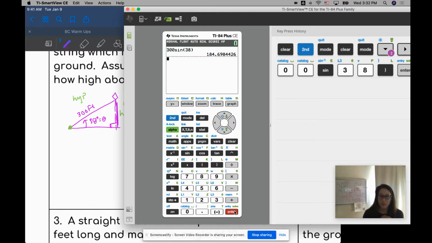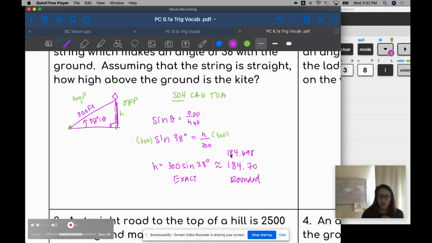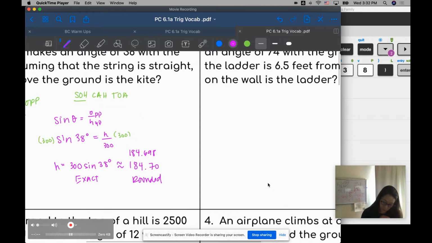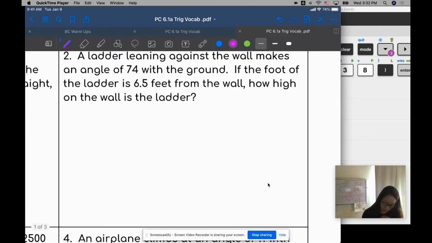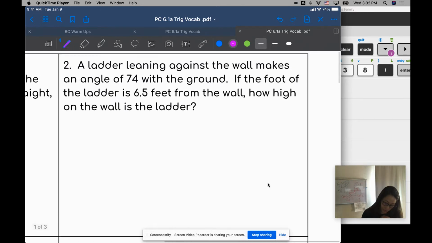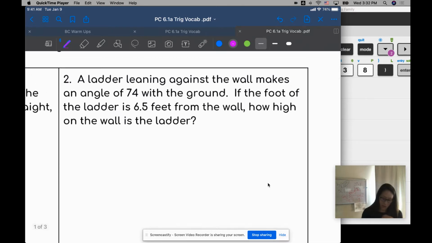Okay, let's do another one. All right, so I got my 184.70. You can see that I rounded that value. All right, so a ladder is leaning against a wall and makes an angle of 74 degrees. If the foot of the ladder is 6.5 feet from the wall, how high on the wall is the ladder? Okay, so I got my wall,